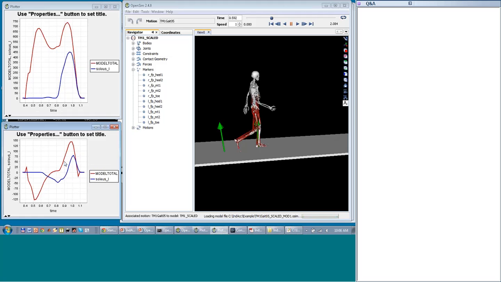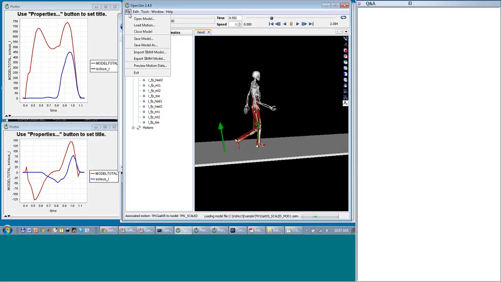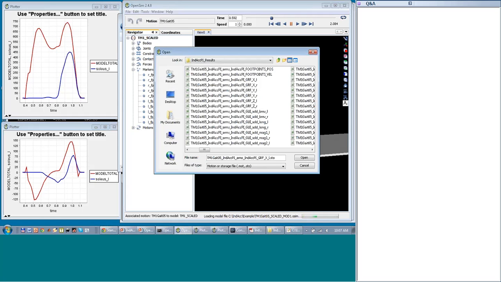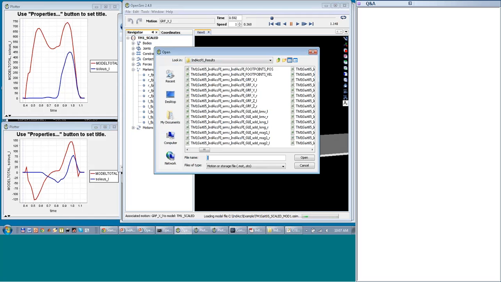Now, also what you can do, we can load in a motion. In addition to these ground reaction force files, we have these GUI files, and each muscle has a GUI file, and this GUI stands for Graphical User Interface. And we can actually load this into the OpenSim GUI and see how an individual muscle contributes to the ground reaction force. So if you look through these GUI files and we find the left soleus muscle,